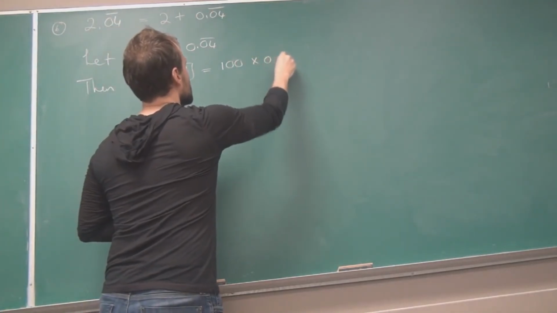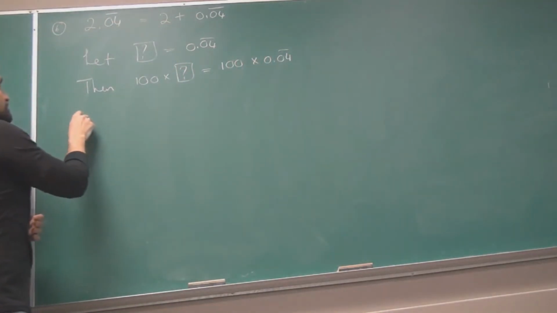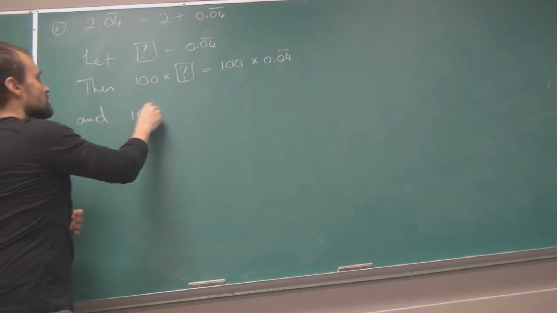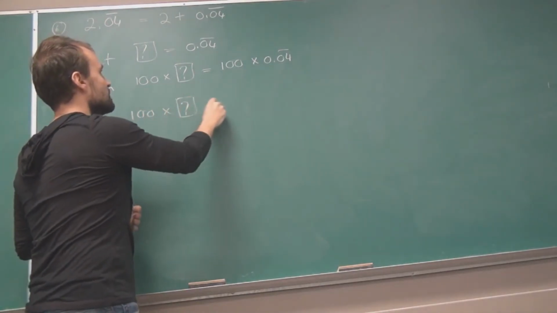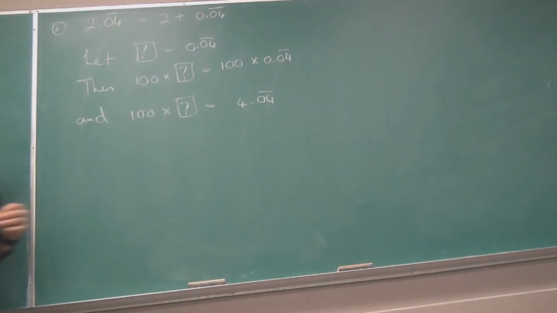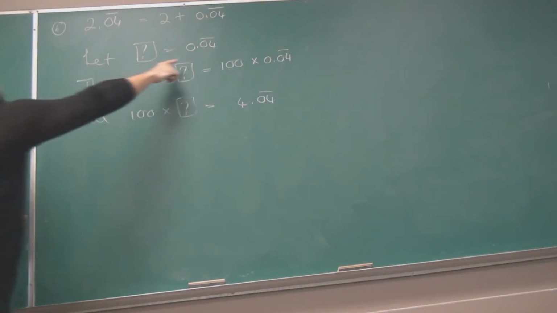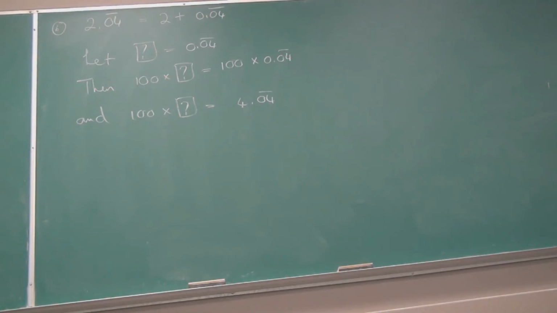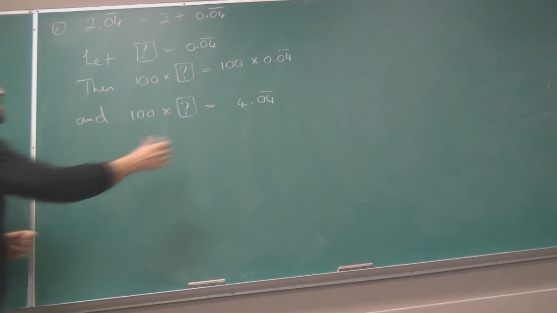I'll emphasize it. And then simplify the right-hand side to 4.04 repeating. I needed the whole repeating portion in front. It doesn't work as simply if I have the 2 here. It doesn't work as well. So let's not bother. There's no need for that, because the 2 is not my problem. It's the actual decimal portion that's my problem.